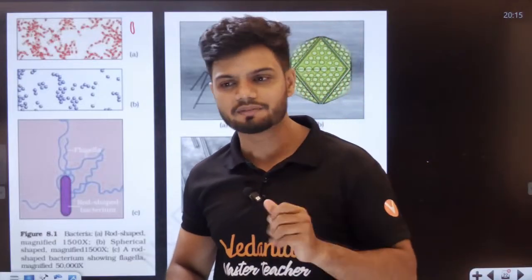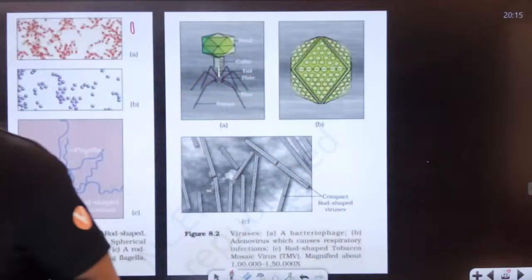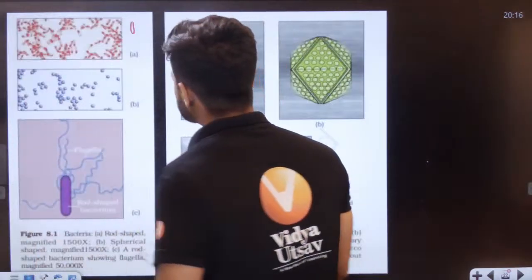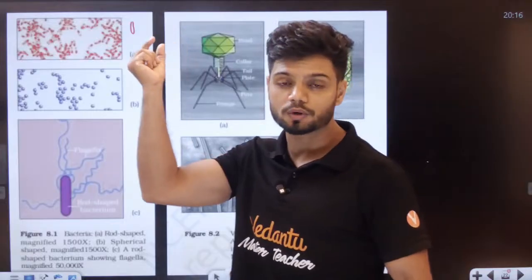Anyone? Science world? Yes. Then we have Ravi, Esther, Sony, Asit, Ravi, Lakshmi. Tell me, all of you. ZXLR. Tell me, what is the other name of rod-shaped bacteria, students?